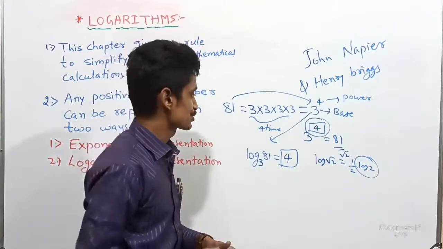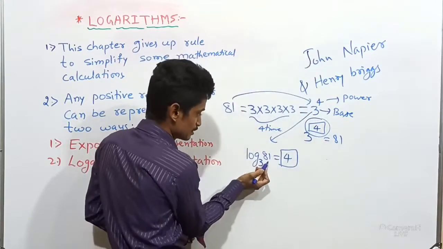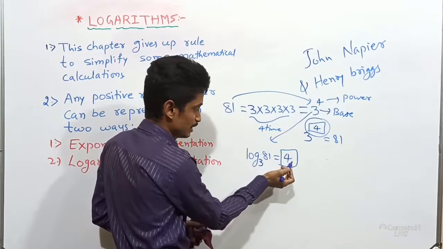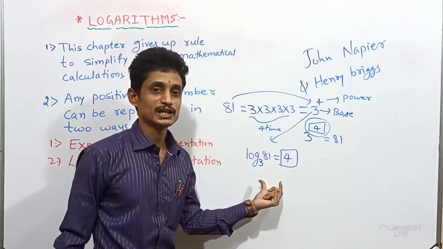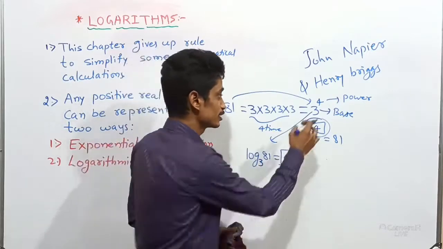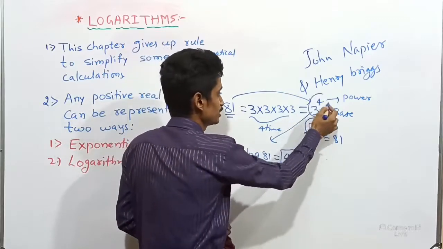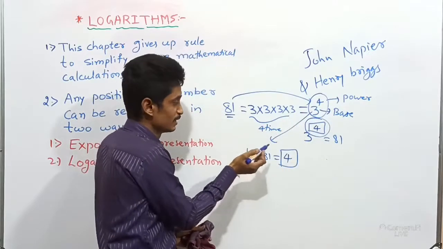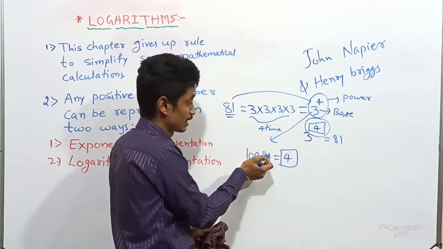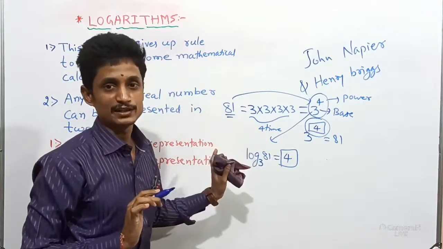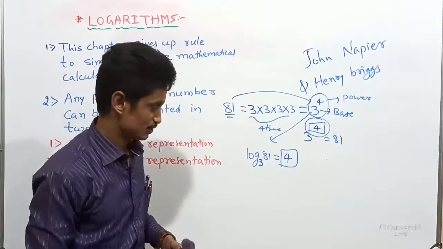So finally I suggest logarithm is another type of representation. The number as usual, the base as usual, we will get the power. This type of representation of a number is called a logarithmic representation. In exponential form, your answer will be a number. Our number we can represent in this way. But in the logarithmic way, we are getting the power for the given base, while the number also exists there itself.